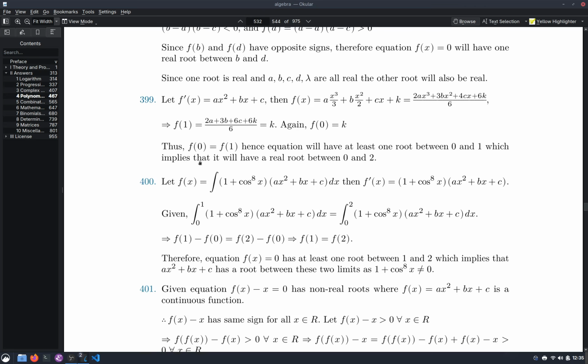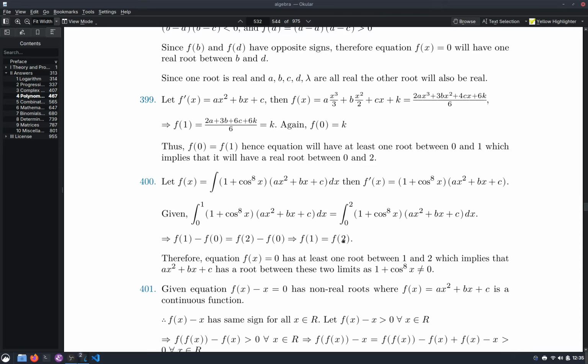So what we do is we differentiate the given function with respect to x. So what we get is 1 plus cos to the power 8x into x square plus bx plus c. And it is given that this equation is given. So we substitute f of 1 minus f of 0 is equal to f of 2 minus f of 0. So that means f of 1 is equal to f of 2. Now the equation f of x is equal to 0 has at least one root between 1 and 2 because